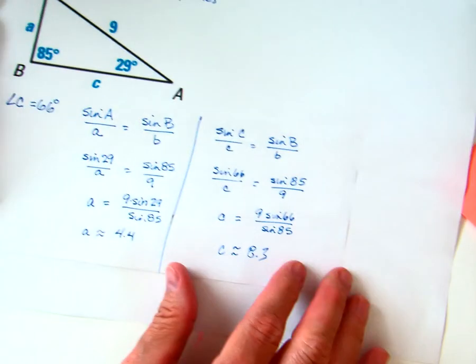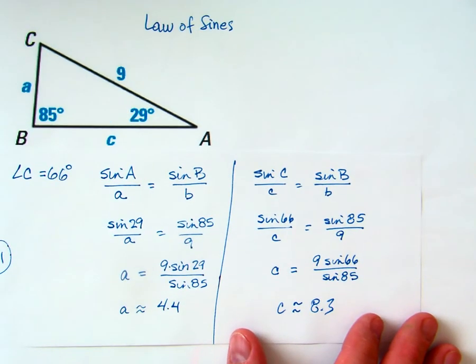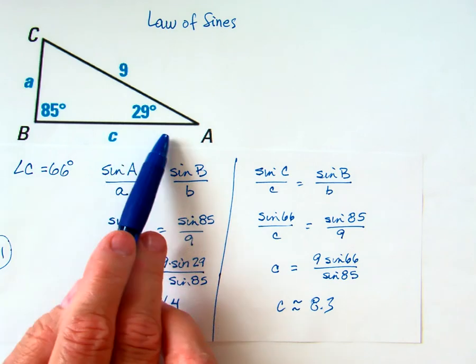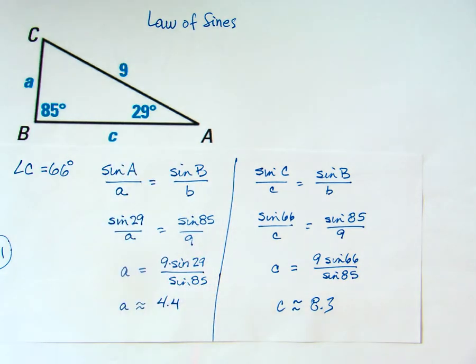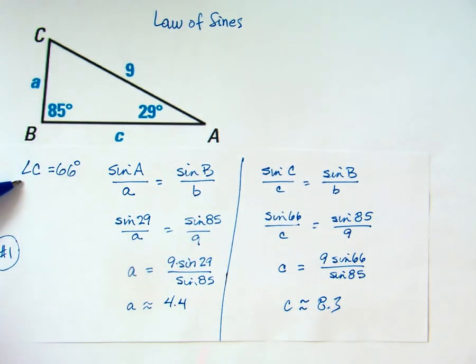Here's an example worked out of the law of sines. Okay? So we have a triangle that's not a right triangle. We need to solve the triangle. To solve the triangle means find every side length and every angle measure. Okay, well, angle C is easy. Triangle sum says they all add to 180, so you just subtract them out and find out that angle C